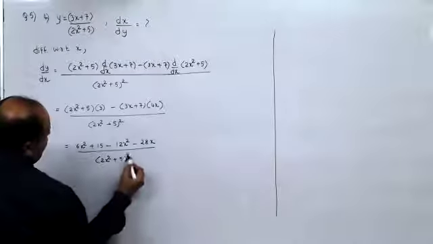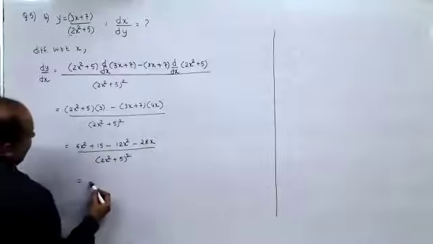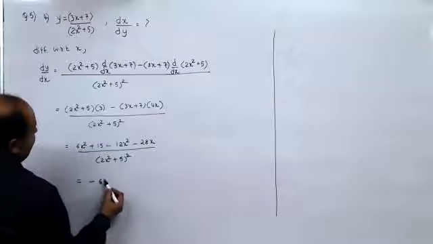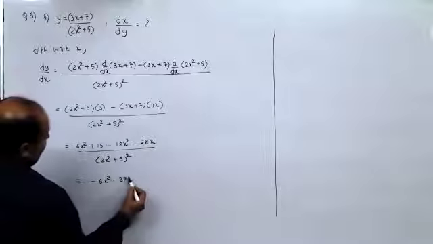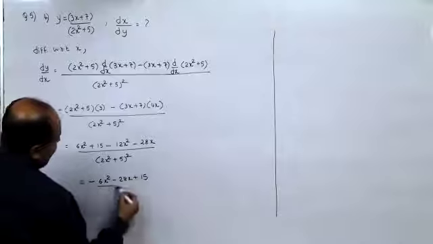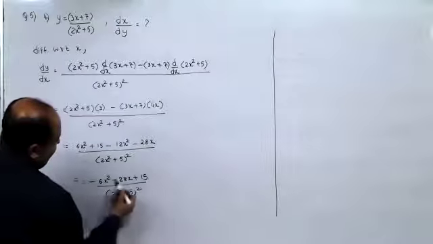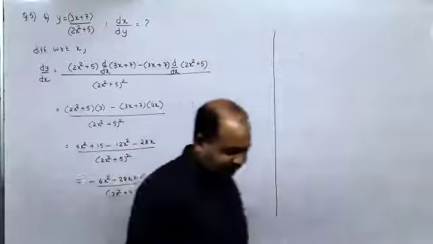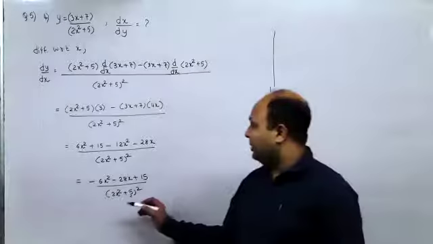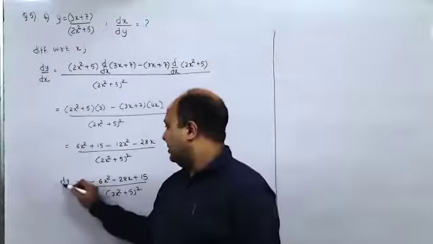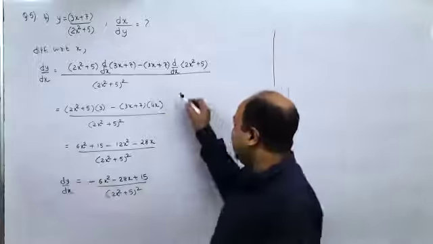5 the whole square. 6x square minus, had I done this sum, Smriti? No, sir. I think I saw this number somewhere. And I think I took some minus and some fill in the blank question. This is dy by dx. Sir, we did this. Yeah, I remember and you children don't remember it.